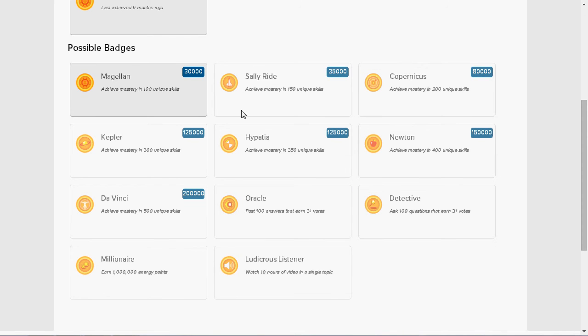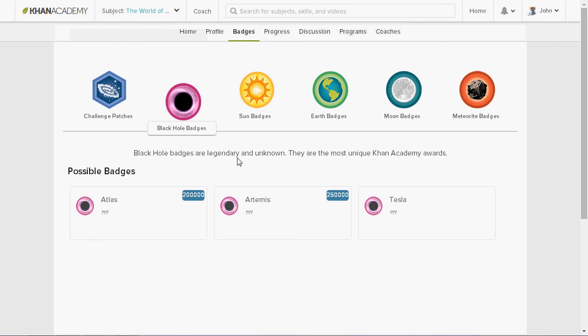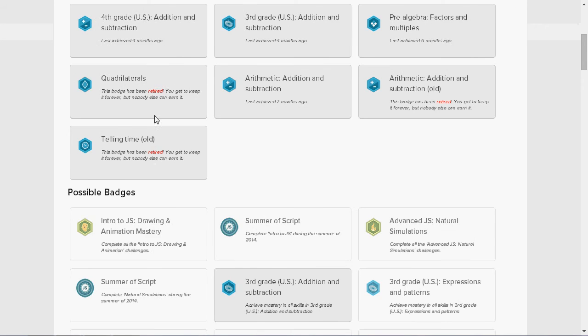If you get 4 in a row, 1 wrong, and then 5 in a row, you'll get 9 sets of points for questions. So there is a reward for carrying on with your practicing.